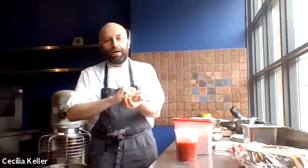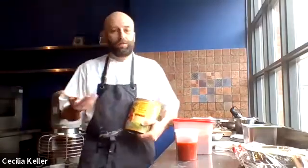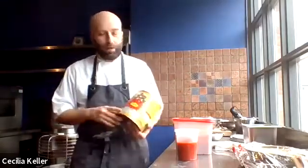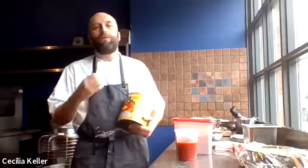Really ripe. You blanch them, peel them, and then you can use those for the sauce. But if you don't, then a good canned tomato. So what's a good canned tomato? Well, there's thousands of varieties, so you can choose to try as many as you want. But if you're not sure of the brand, or you don't have one that you